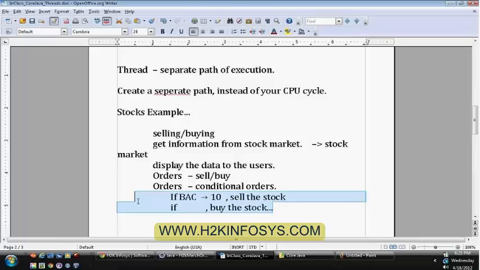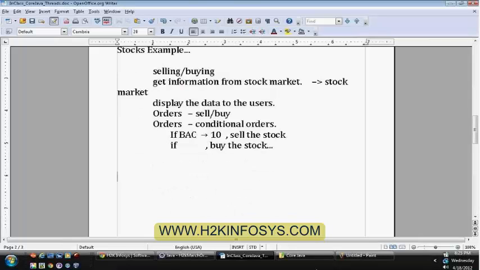If you have any orders, just go and place those orders immediately. So communication is required between these two threads. We'll see how to do inter-thread communication later, but currently, for our understanding, I'm just explaining a scenario. Multi-threading is nothing but a separate path of execution.